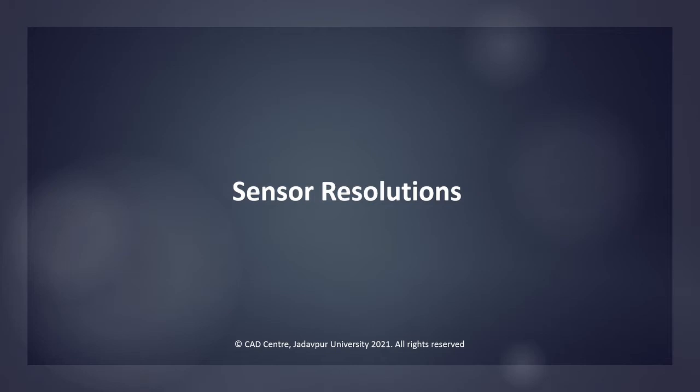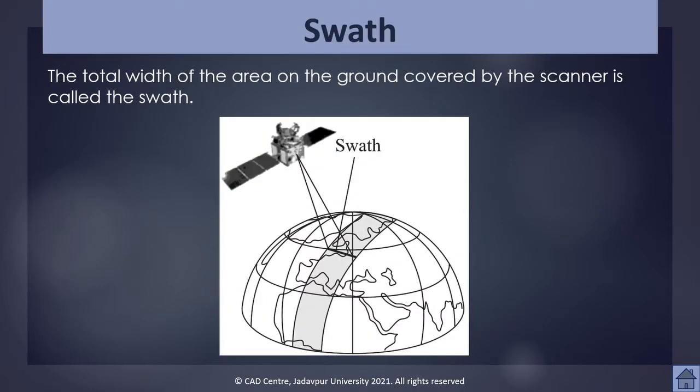On the other hand, in the non-scanning technique, the camera captures imagery of a square or rectangular shaped ground area in a single shutter operation. From the aerial platforms, imaging technique was primarily non-scanning. However, nowadays scanning technique is also being applied widely. The concept of swath is applicable for scanning technique, not for the non-scanning technique.